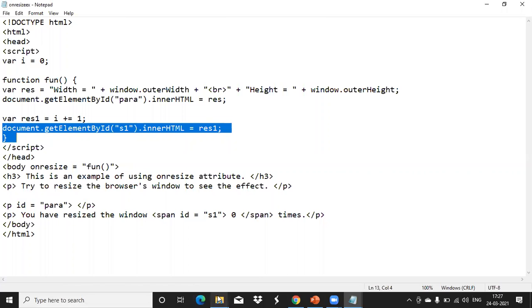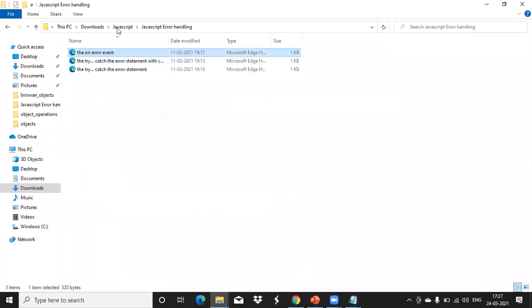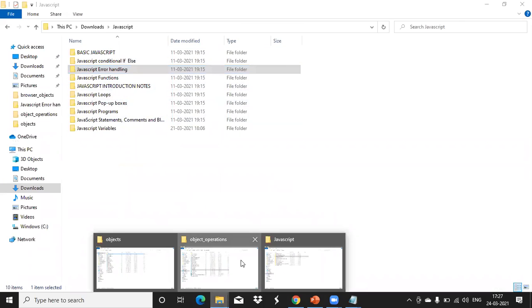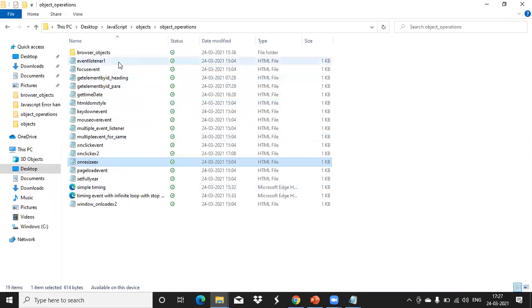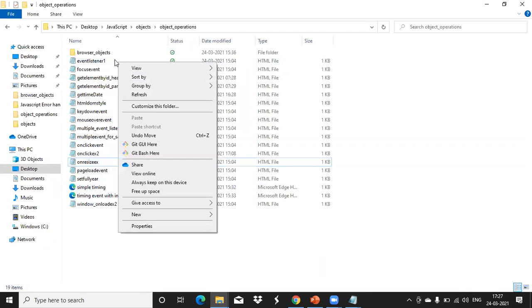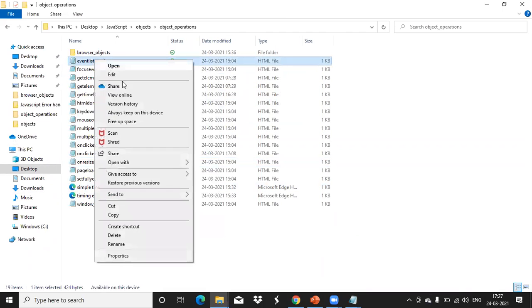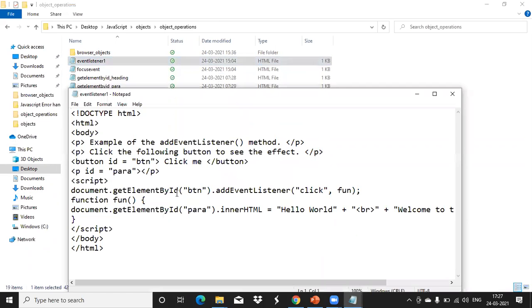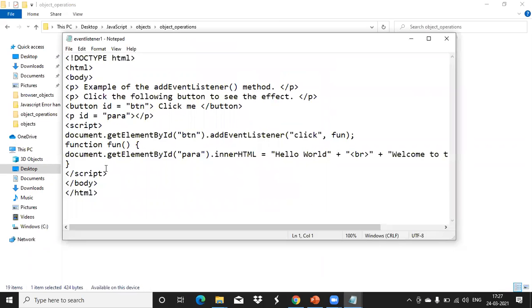Now how to use the event listener method. So for that particular element, some event listener we are telling.